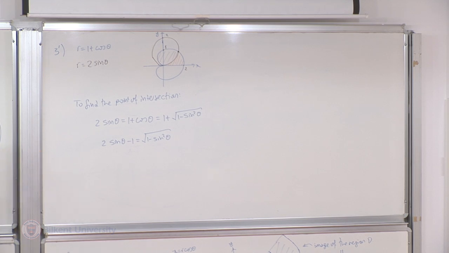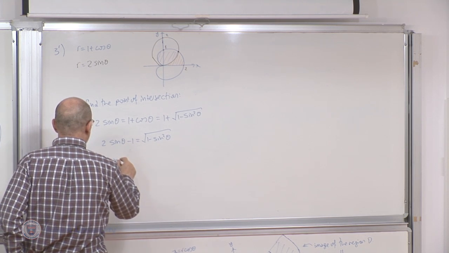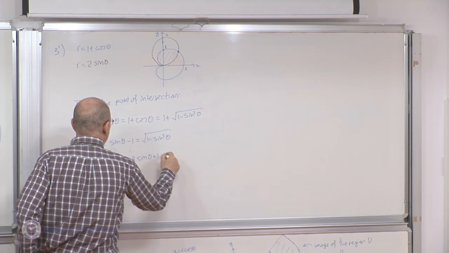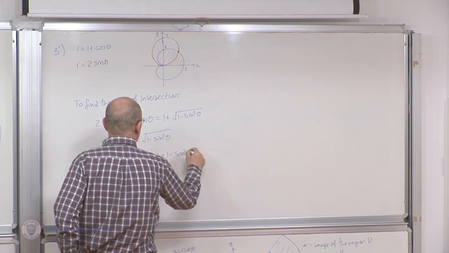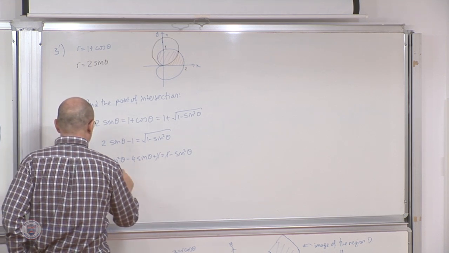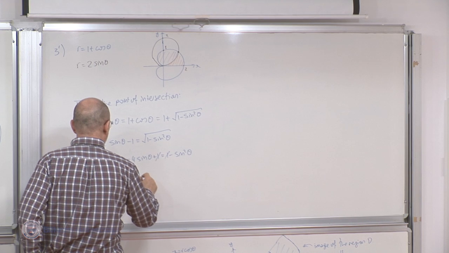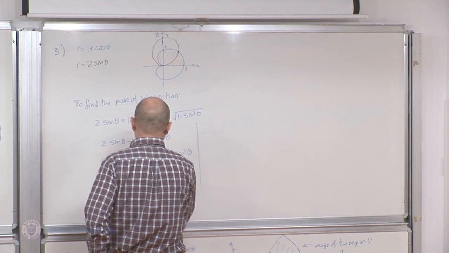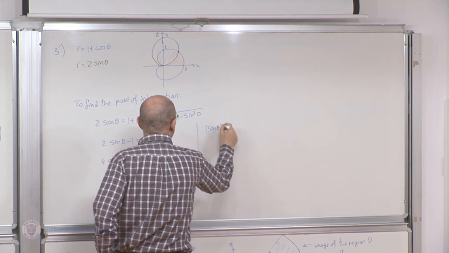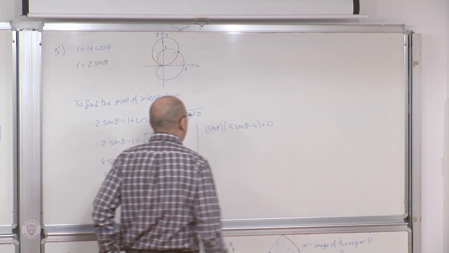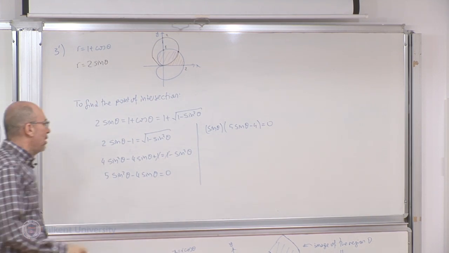Now it's begging to be squared. We square both sides. See what happens. 4 sine square theta minus 4 sine theta plus 1 is equal to 1 minus sine square theta. So these ones cancel. I have 5 sine square theta minus 4 sine theta equals 0. From here, I have sine theta times 5 sine theta minus 4 equals 0. Okay, sine theta equals 0 is one solution,